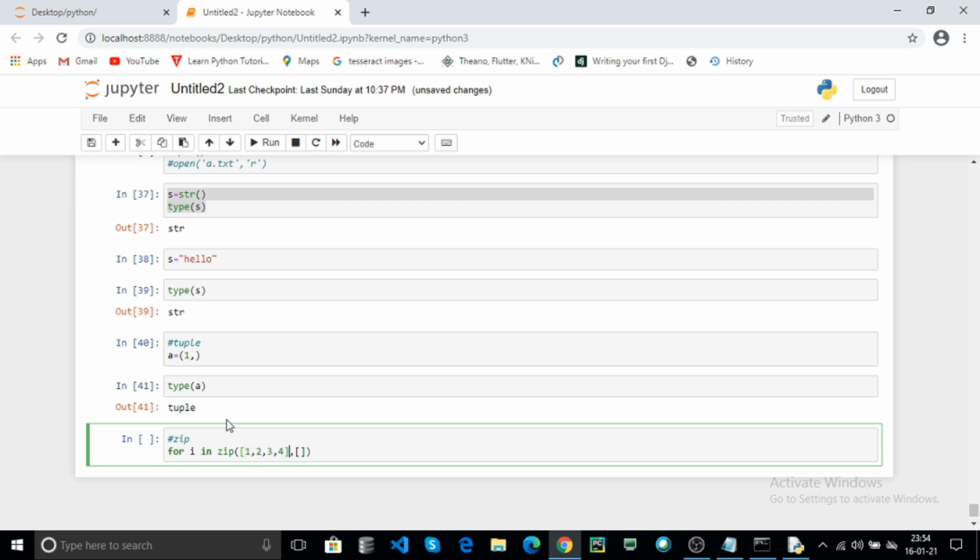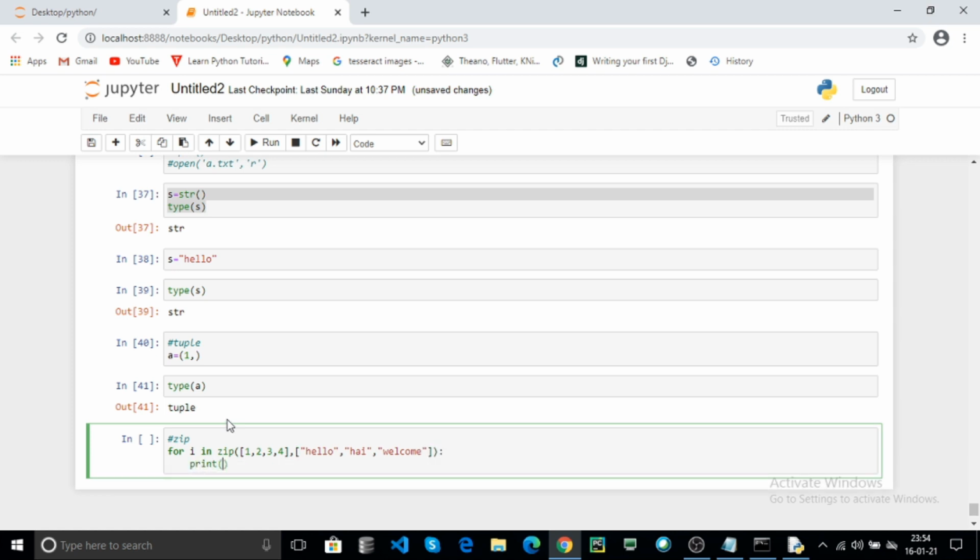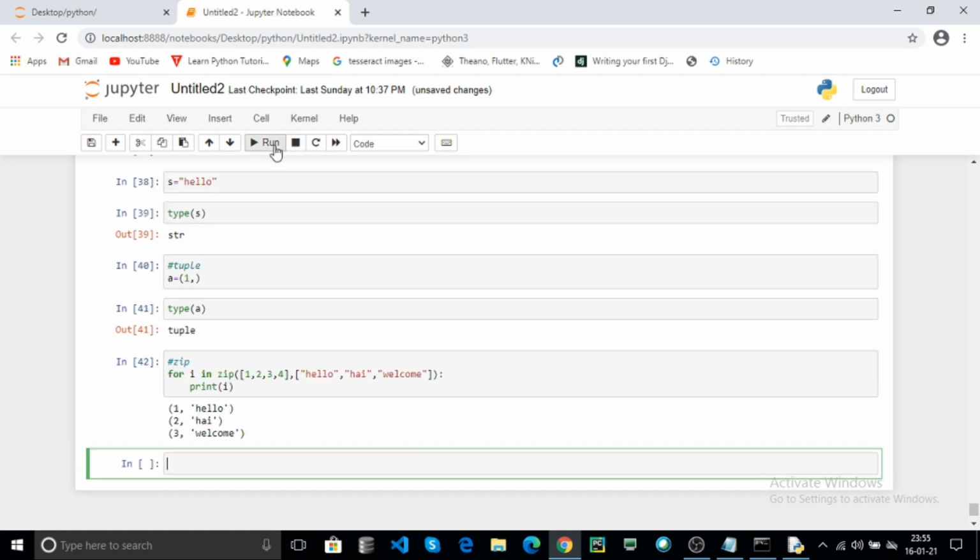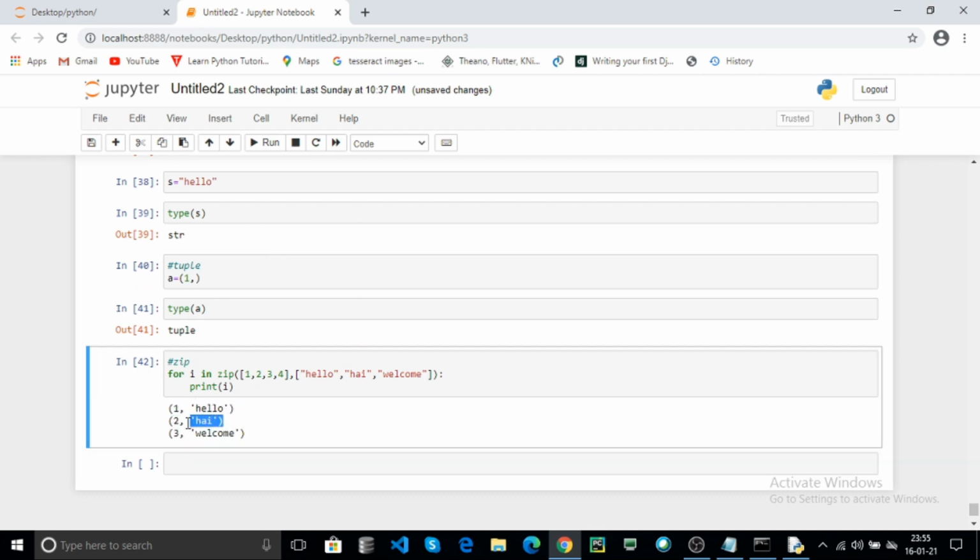Here 1 2 3 4 in the first list, and the second list contains hello, hi, and welcome, and print i. It returns the tuples. Click on run. Here it returns the tuples.